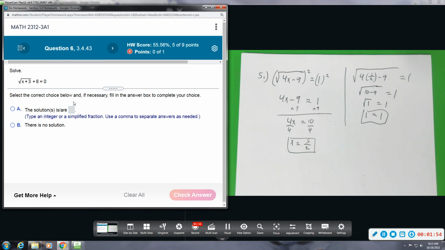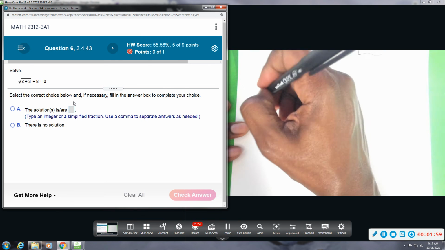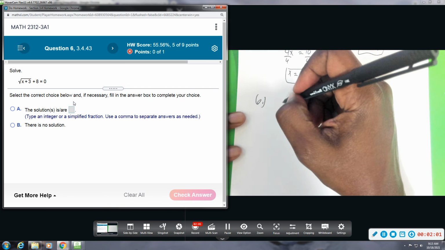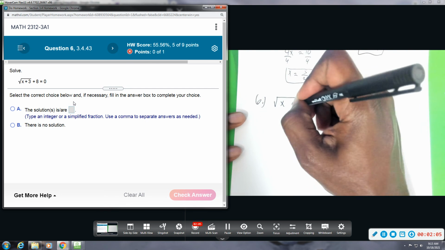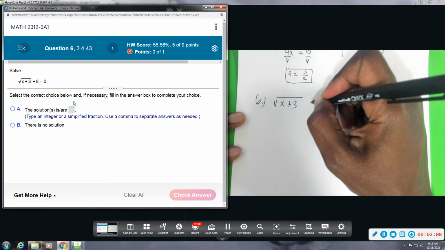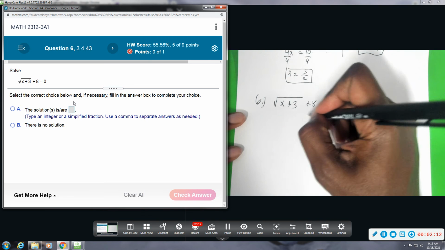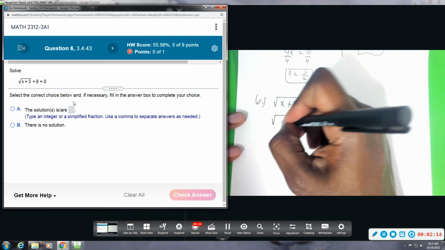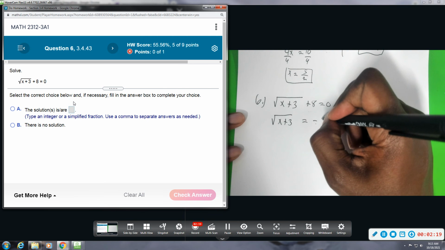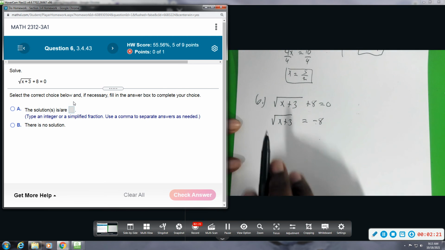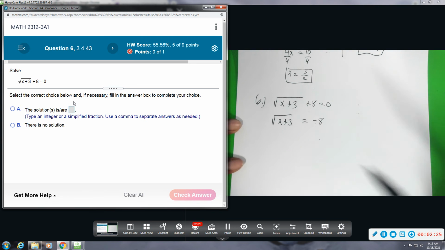All right, so number 6, another radical equation. So again, you want to isolate the radical. So we're going to take that 8 and move it over. So we're going to subtract 8. So we have the square root of x plus 3 equals negative 8. Just looking at the setup here, once we isolate the radical, I'm thinking that there's going to be no solution,